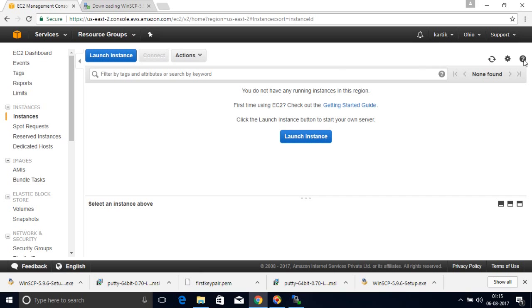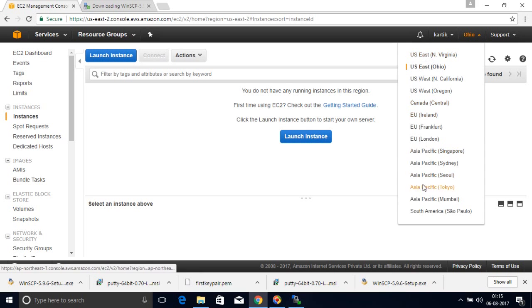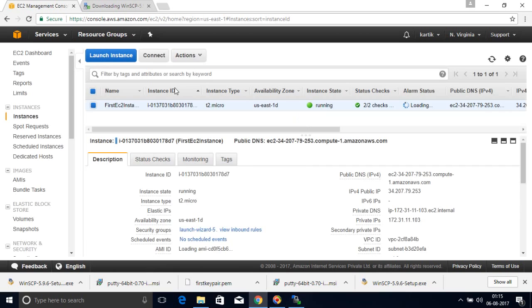So you have to make sure that you are in the correct region of AWS to see the EC2 machine which you have created earlier. If you go again to US East, N Virginia, you can see our EC2 instance which we have created. These machines, these EC2 machines or any other service, are very specific to the regions of AWS. Sometimes people create machines or any service instance in one region and they are not able to see that instance, because when they come back a second time they might be in a different region. So just make sure that you are in the correct region.